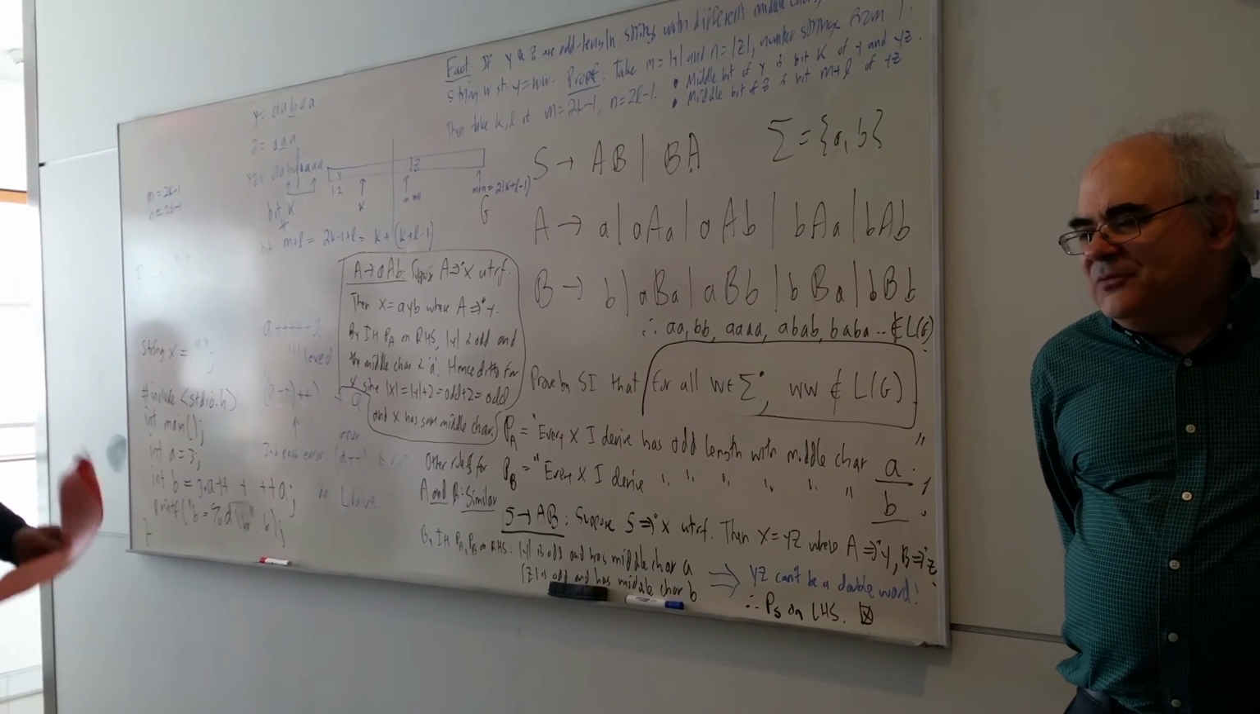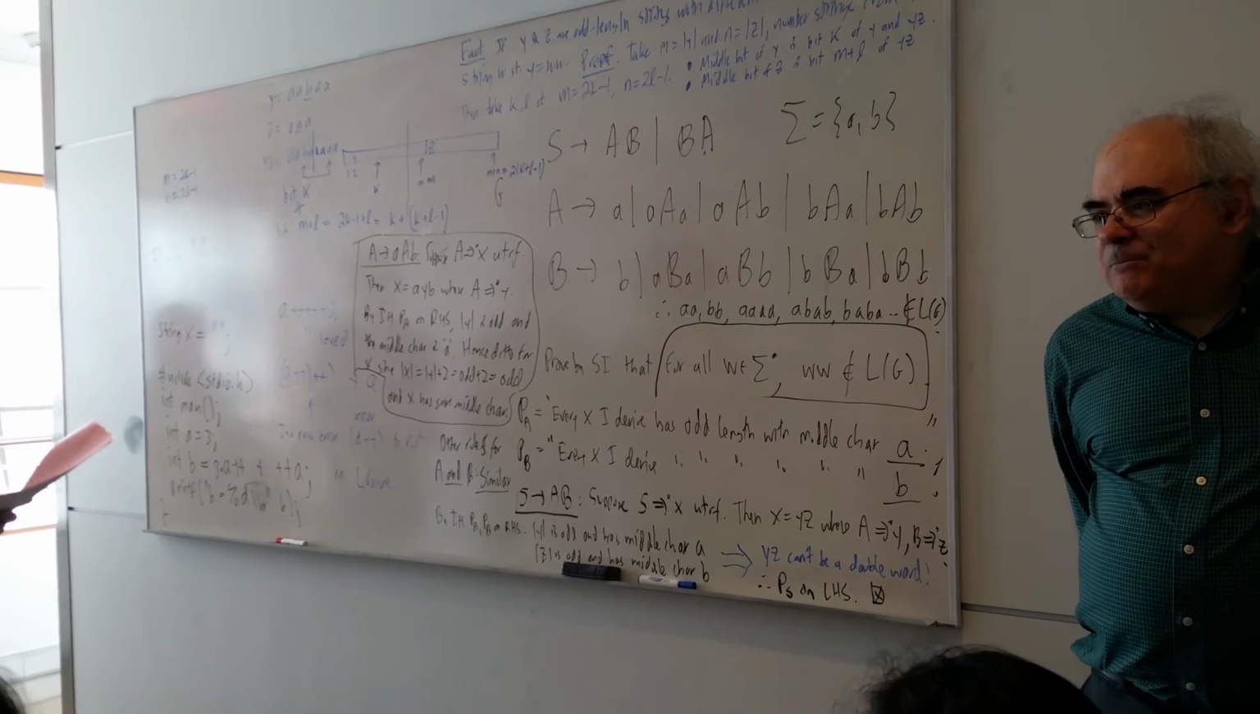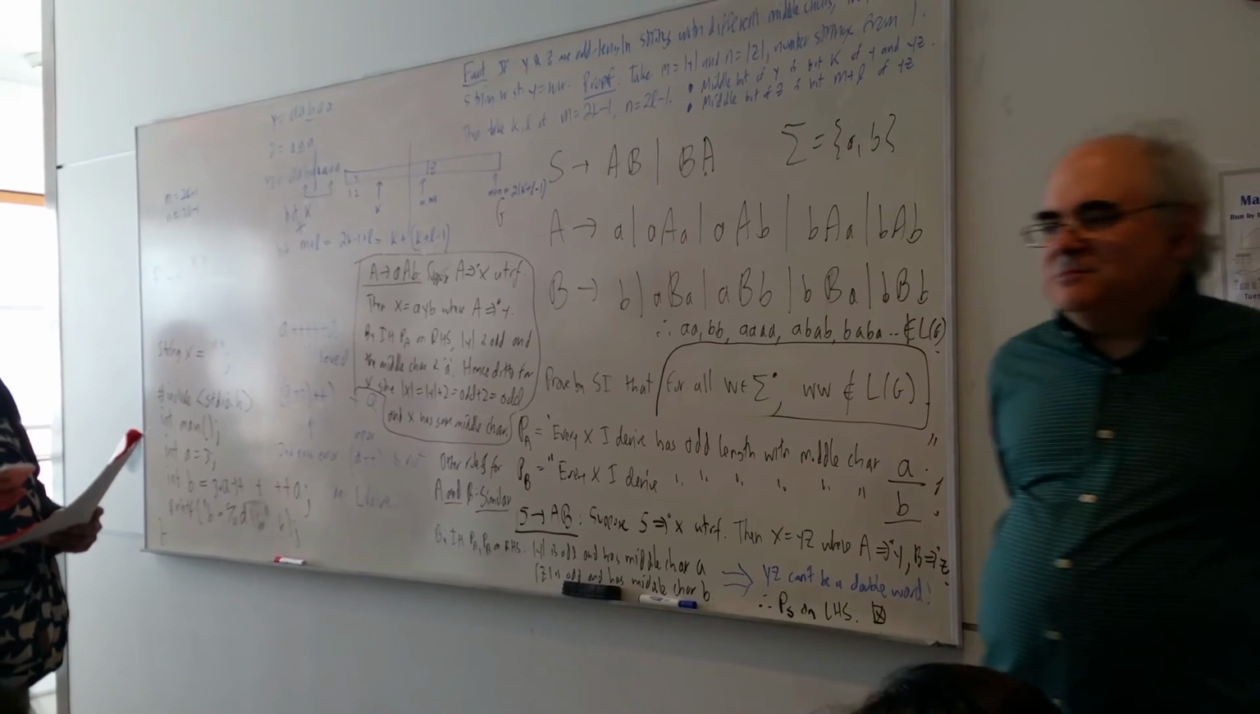But the question is the number of A minus the number of B as a multiple of 3. Yeah. Then which means I can